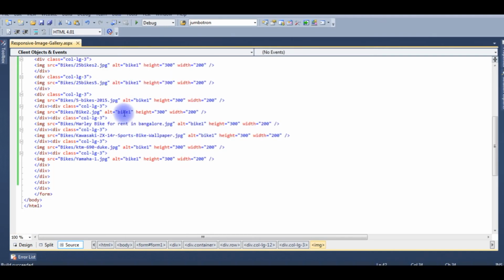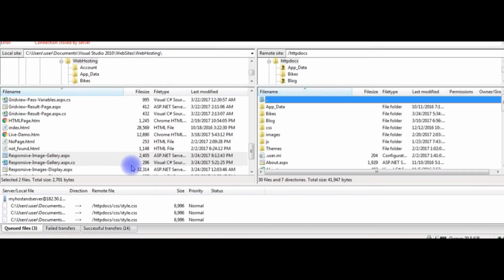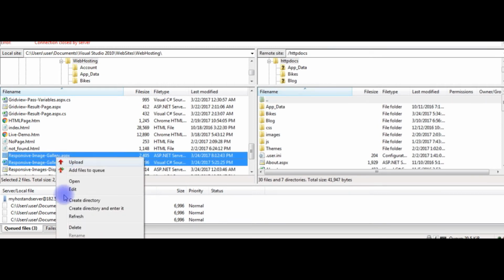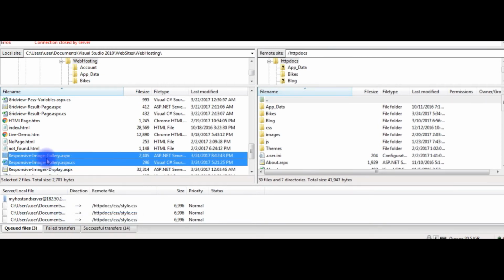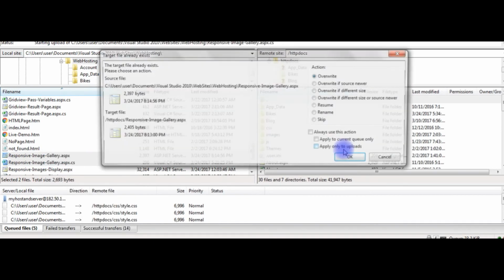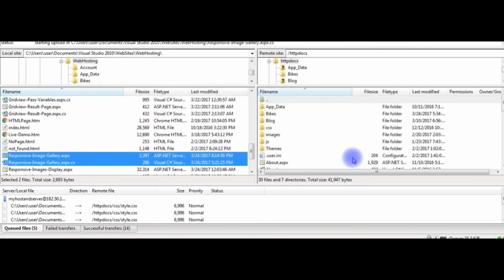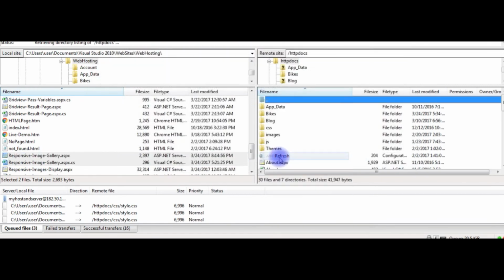It's time to upload this file into the remote server. I just logged into the FileZilla FTP server to transfer my local site files to the remote site. And the remote site is at the GoDaddy server. Now again, I'm refreshing this file. Uploaded. Refresh this page. We'll check the uploaded page on the browser.